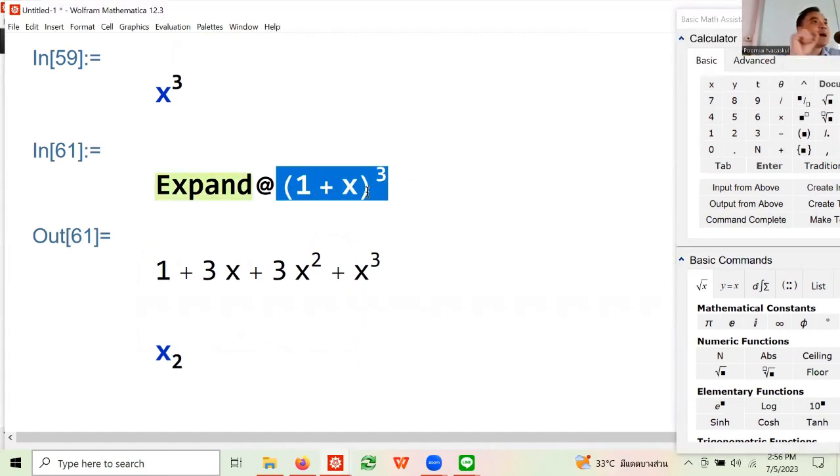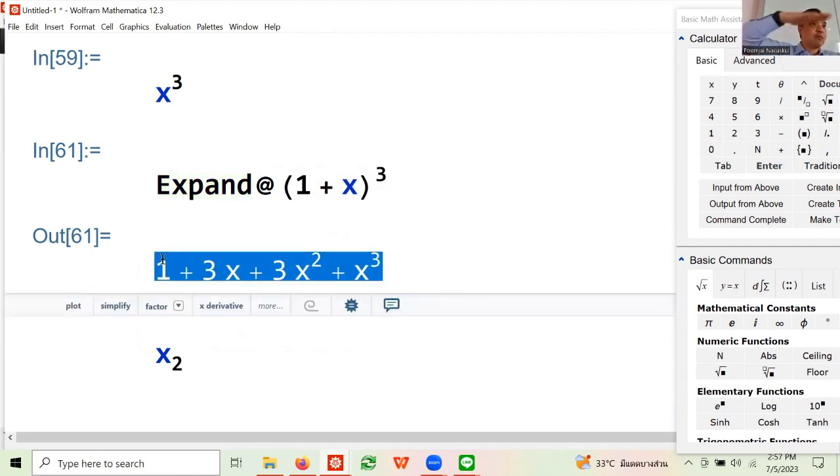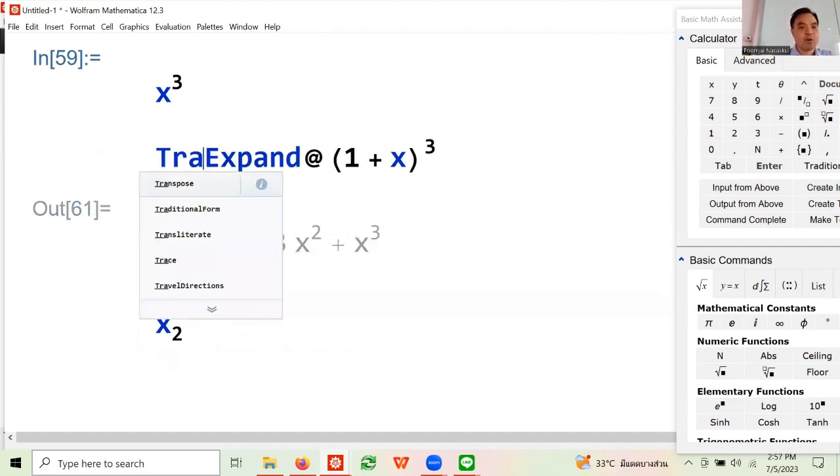It raises 1 plus x to the power 3 and then expands it. Now, this is where it doesn't look nice because in Mathematica, it lists things from low order up. Okay, but in mathematics, what's the traditional way of writing things? You write x cubed first, right? So I can do something like a traditional form.